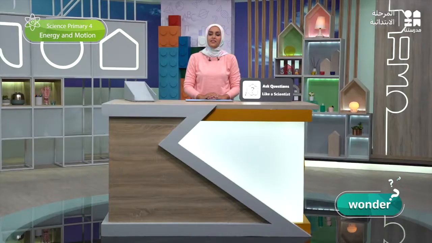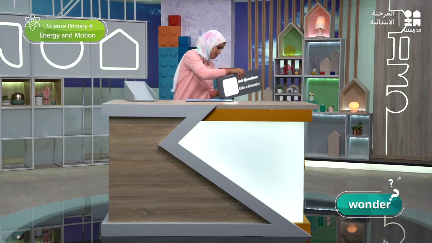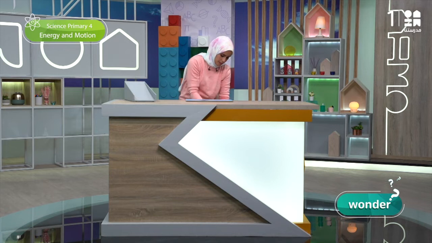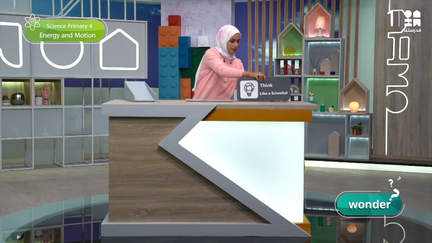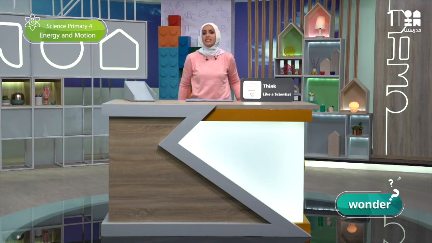Our third activity is think like a scientist. In this activity, we will use what we know to explore more different examples about energy from our daily lives. I think the first place where we can start is the class. Try to observe all things around us in class, then think if these things need the energy to work or have stored energy. يا ترى بيحتاجوا طاقة عشان يشتغلوا ولا عندهم طاقة متخزنة؟